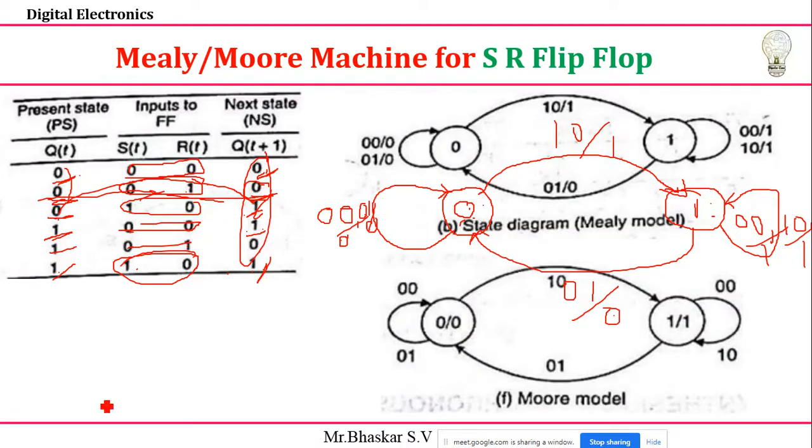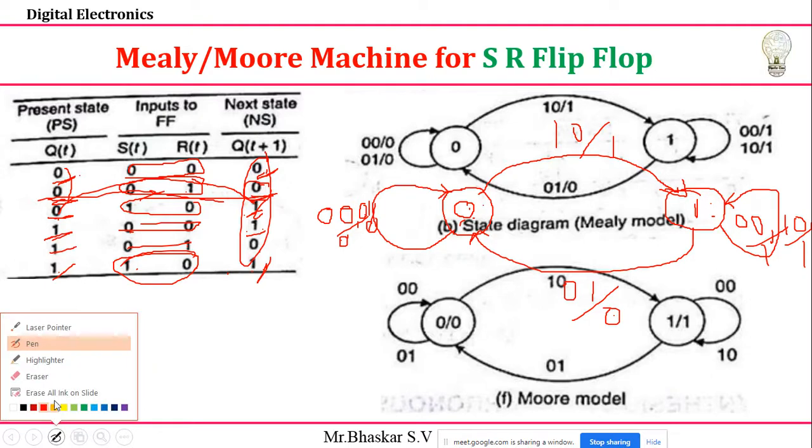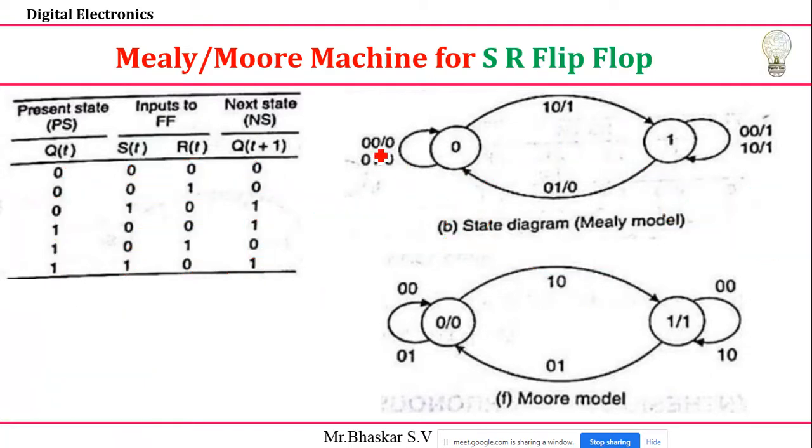Just check out the circuits. These are the two circuits. Just see whether it is correct or not. I'm going to represent it in the arcs when it comes to Mealy models. When it comes to the Moore model, how am I going to represent it inside your circles? Clear about this? Just analyze. Suppose my values are the same. I'll take 1 1 and I'll take 1 1. Present state is 0, and the next state value is another condition, 1, which is missing.